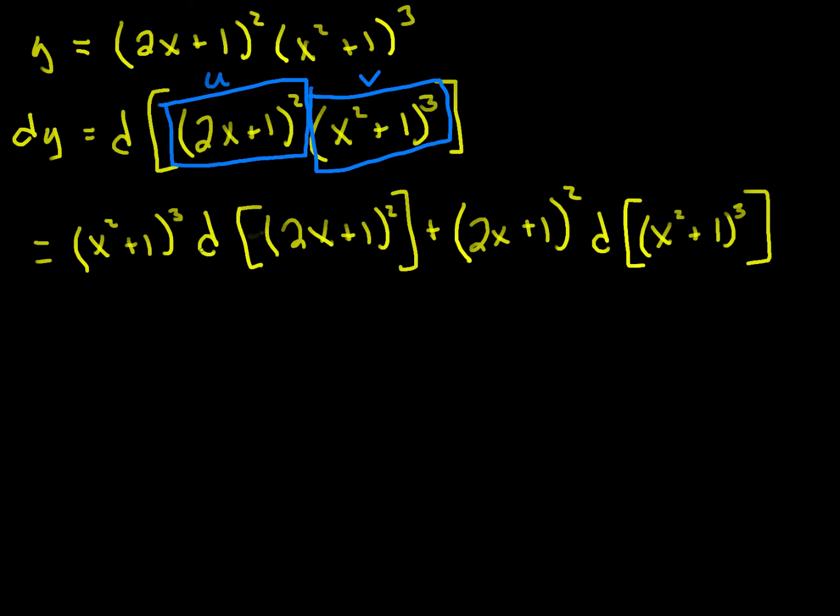And so that's done. Now here I have the exponent rule, the power rule. This whole thing is my base, so that's my u. The 2 will come down, become the coefficient, and decrease by 1. Here in this example, x squared plus 1 is my u for my power rule. In either case, I apply the power rule, and I get that this is equal to x squared plus 1 cubed